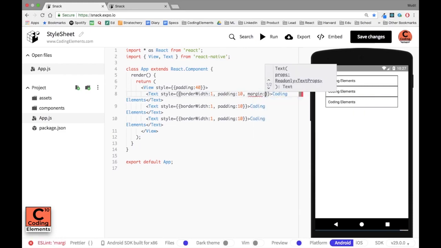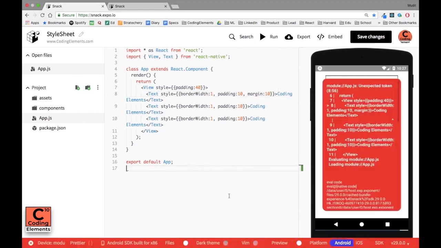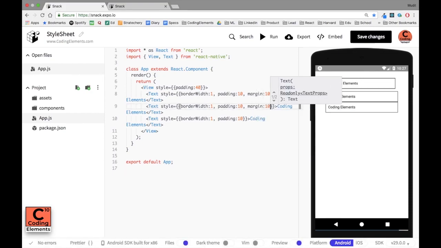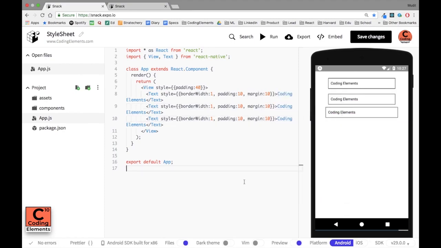The next thing that I add is margin. Margin is different from padding in a way that margin determines the space outside the element. So if I give a 10 margin to the first element, we can see that 10 units margin has been added to the outside area of the first element. As a result, the box length has been decreased. Now, so basically margin gives us an idea for outer space and padding for inner space. Now I applied the same margin to the next 2 elements,